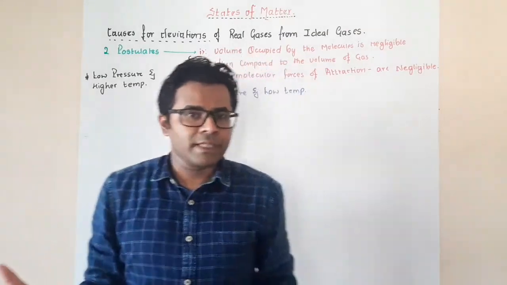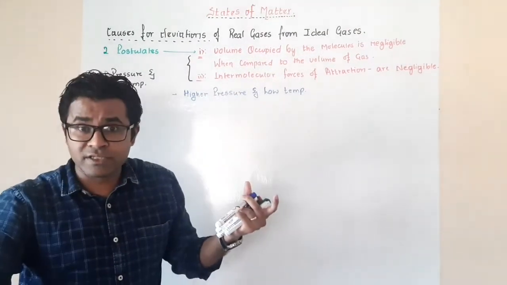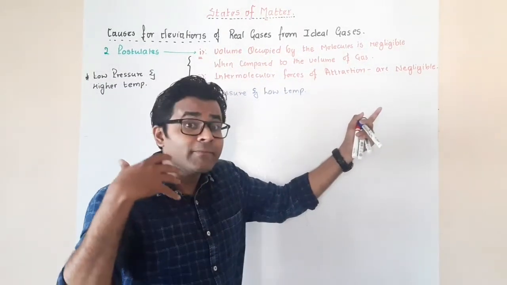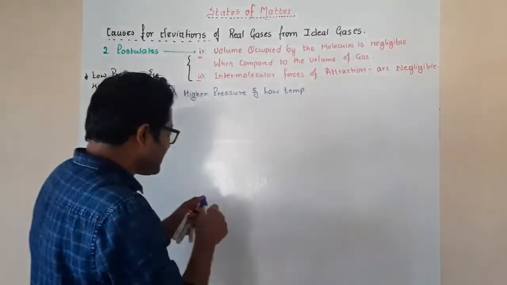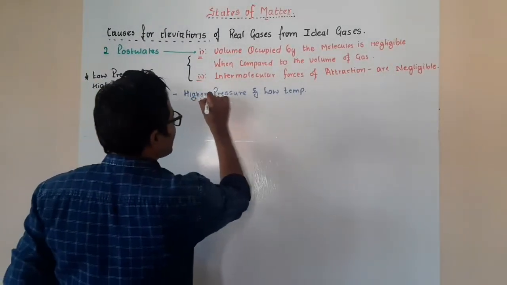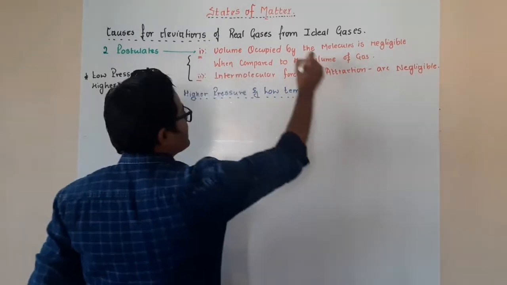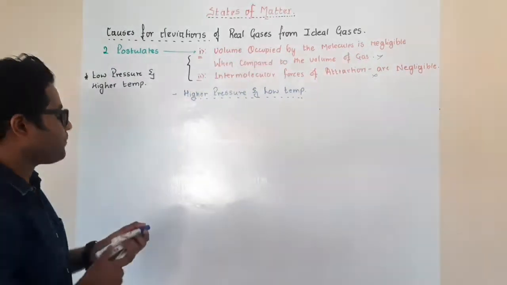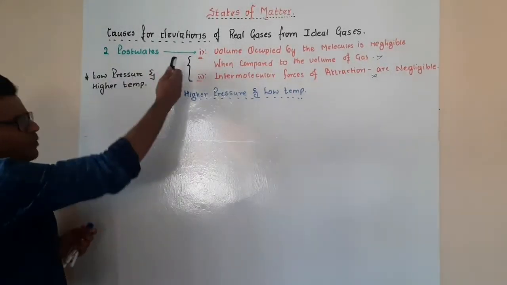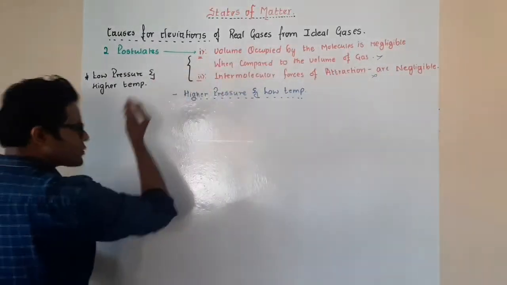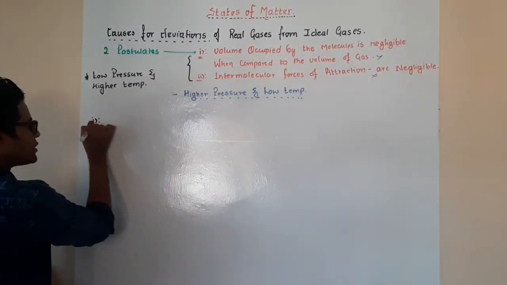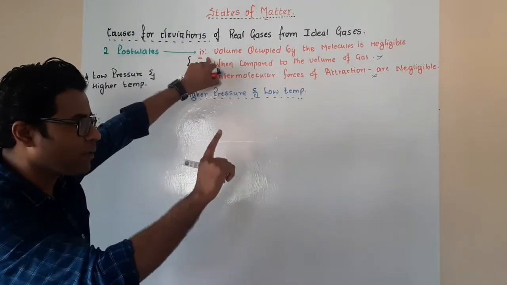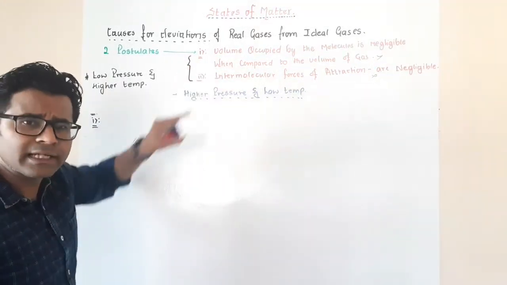So therefore, what happens there? Intermolecular forces of attraction increase. Again, at that time the volume occupied by these molecules, of course, will become significant. So at this condition, the higher pressure and the lower temperature, these two points will not hold correct. Okay, so in case these points were correct, let's say if the first point, that the volume occupied by the molecules is negligible, was a correct point, then